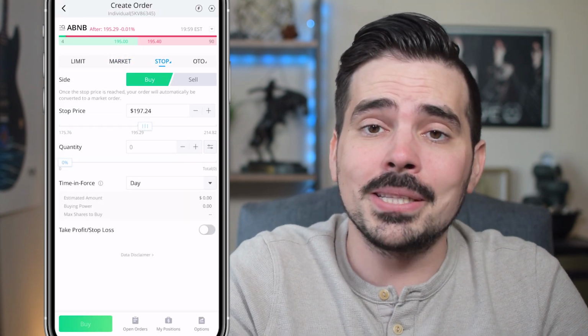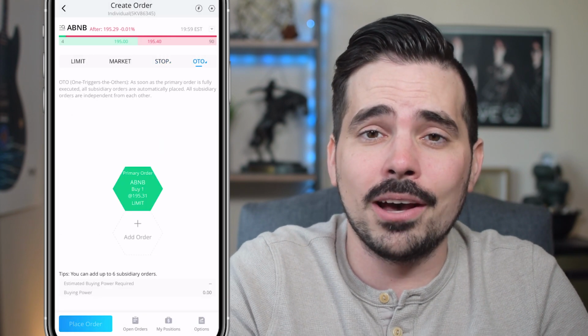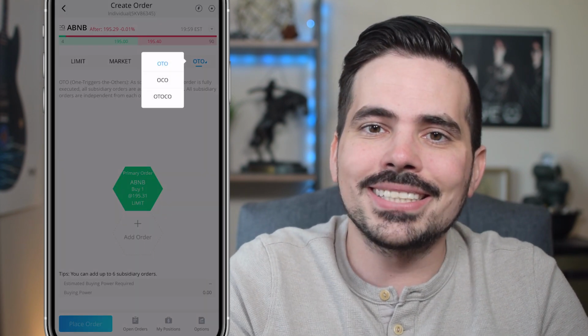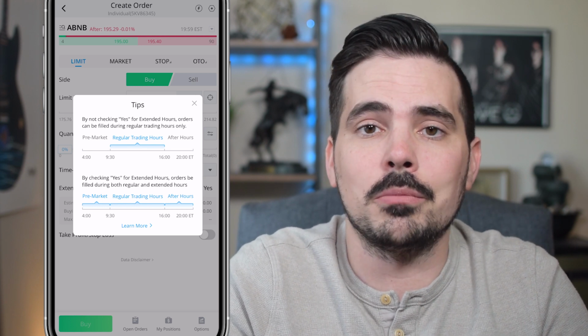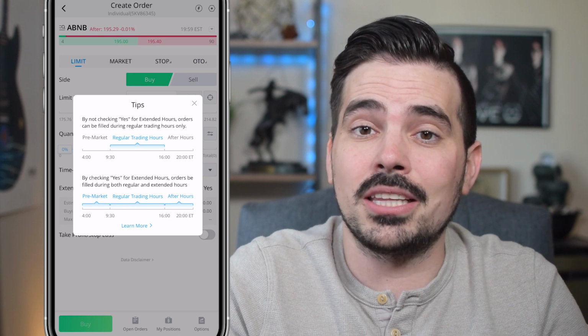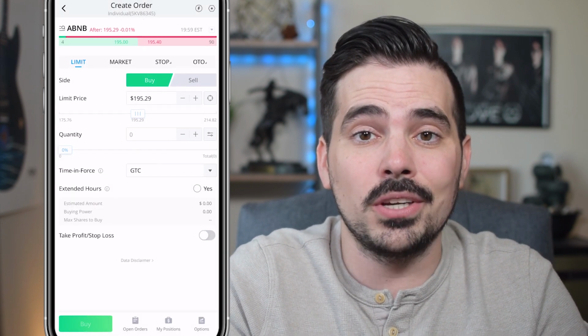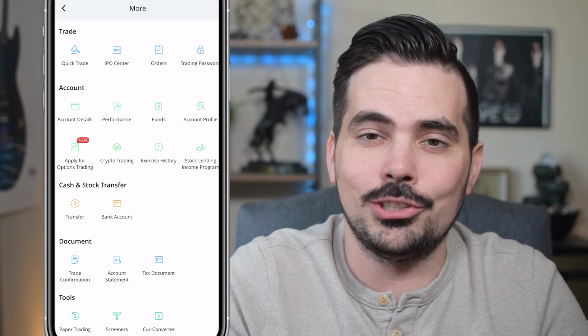Now, Webull has plenty of different order types to really cater to all types of investors depending on how you want to go through the process, as well as extended trading hours, which is fantastic for a lot of those investors that really love being in the market as long as possible. Now, one big downside when it comes to Webull is that they currently don't have fractional shares available, so you can't be going in by the dollar amount. You always have to be buying in by the share price.